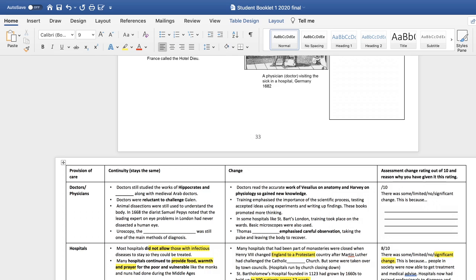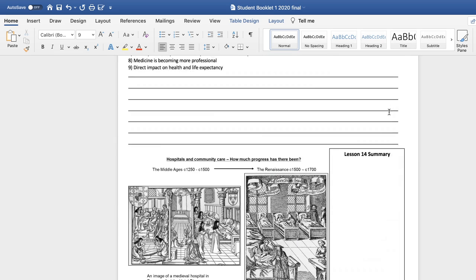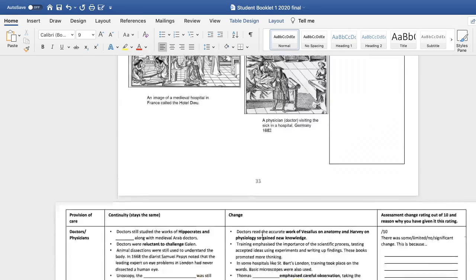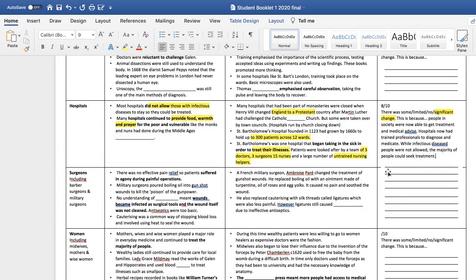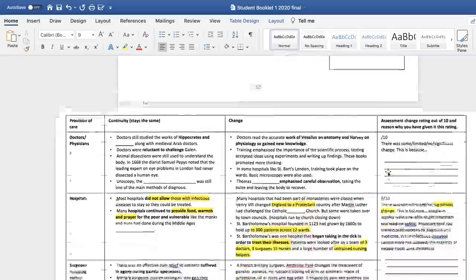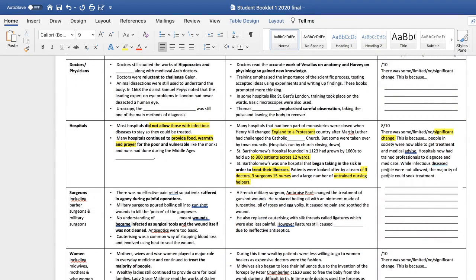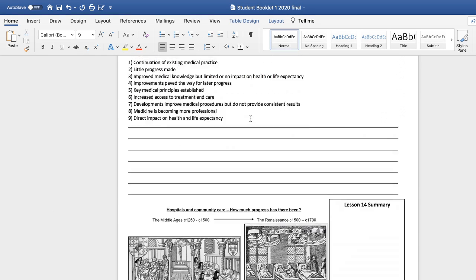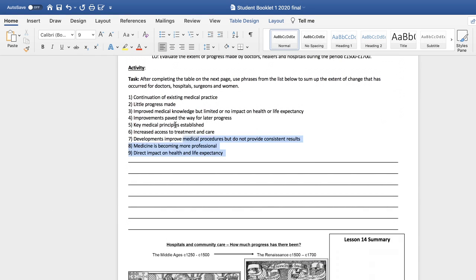Okay, and then you can do this sort of summary. So after completing the table on the next page, use phrases from the list below to sum up the extent of change that has occurred. So thinking about all your assessments that you've made about doctors, hospitals, surgeons, women, overall, would you say that there was a lot of progress? Would you say that things have changed a lot, or would you say they've stayed the same? And there are just some statements to help you. So you could say,